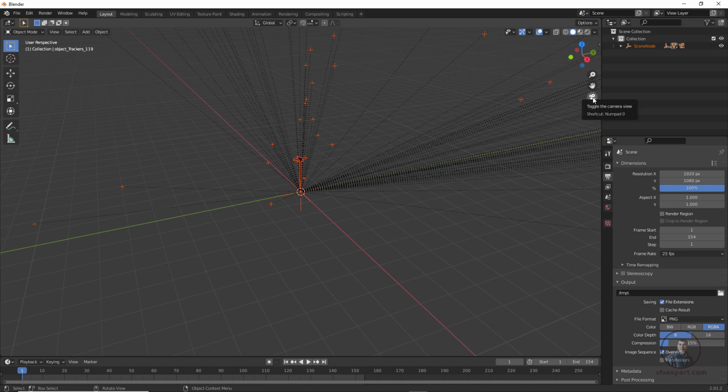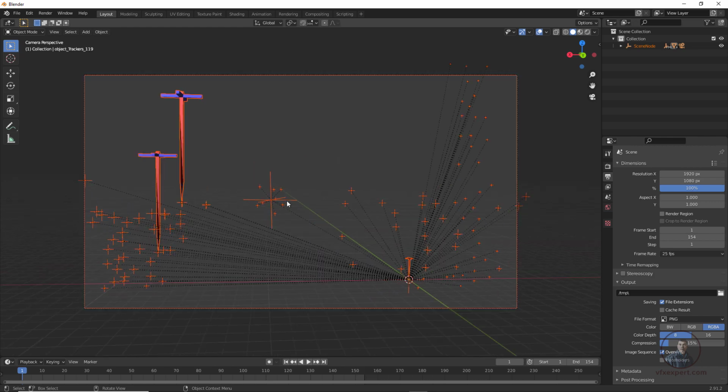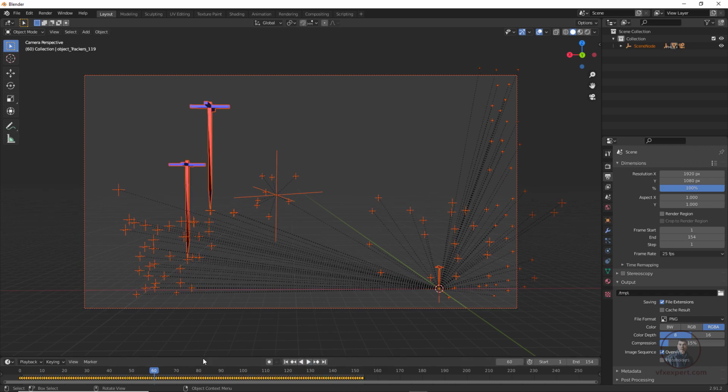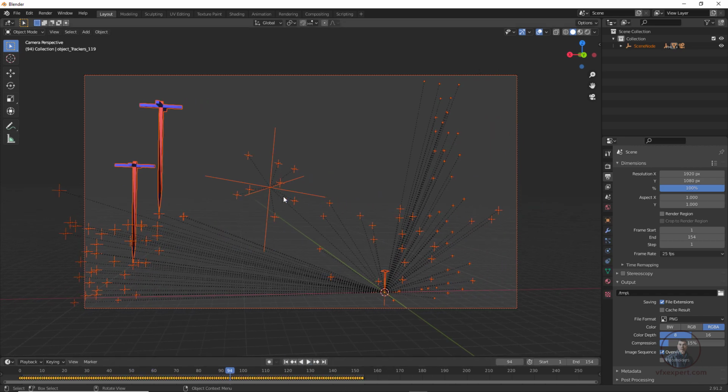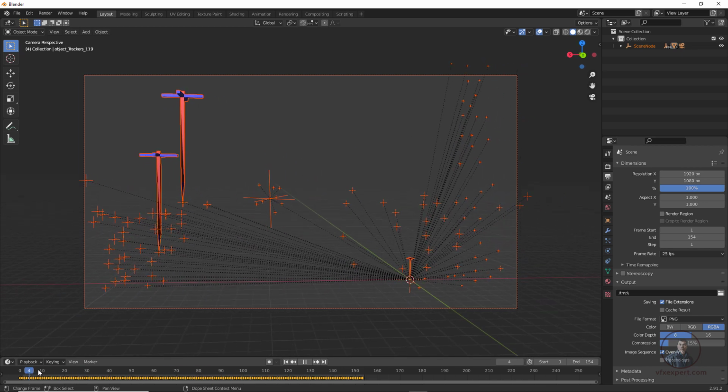Then just click on this camera view here. So now play and check. With the middle mouse button scroll, you can play and check. So you can see this camera is moving, and even the object you can also see here. This object group is moving. So this is just moving.